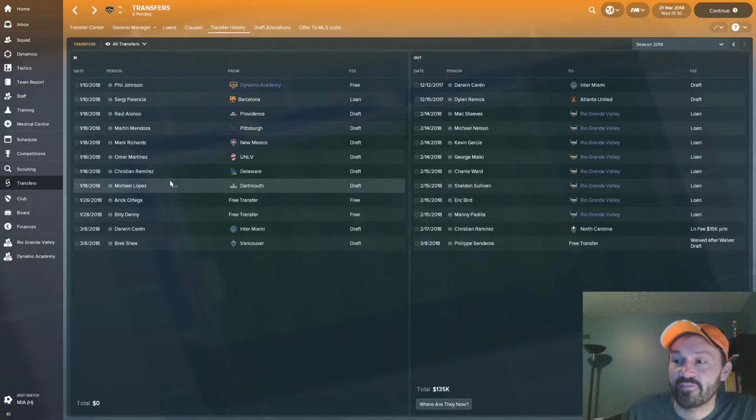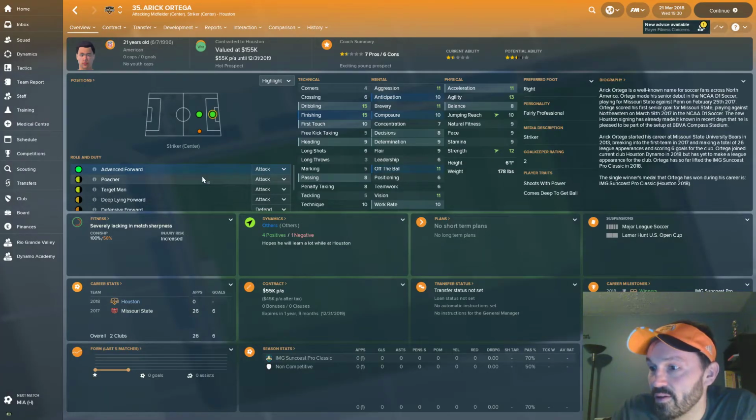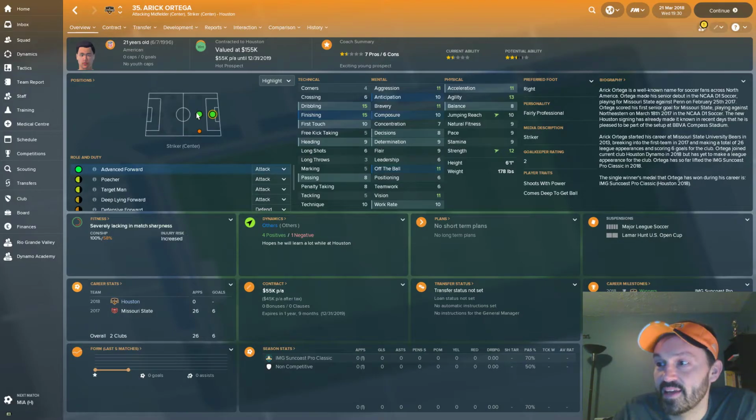So after the draft, there were 2 guys on my first round board that were still available, and they did not get drafted. And when a player doesn't get drafted, they become available to sign for free. So I went and signed Rick Ortega, who is a midfielder. He's an attacking mid striker, and I like that kind of player because most of the time